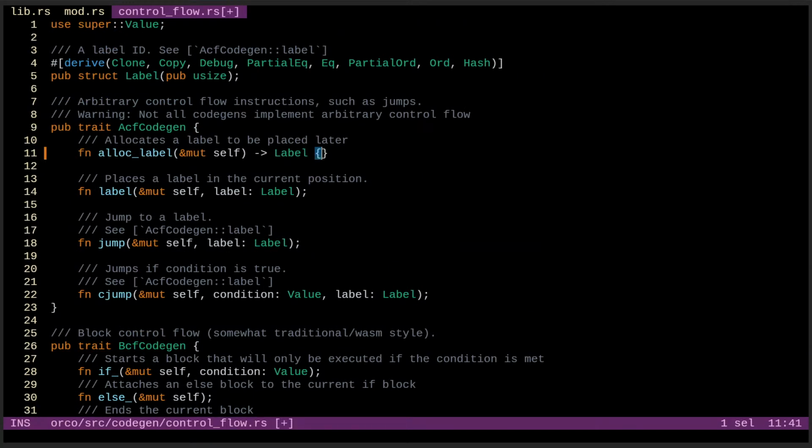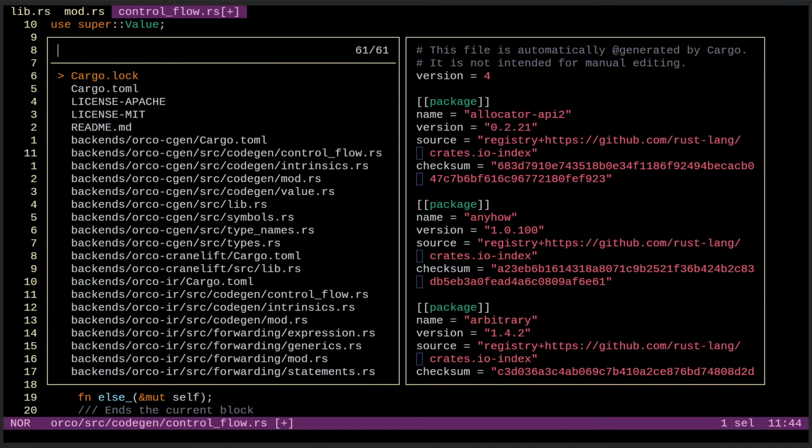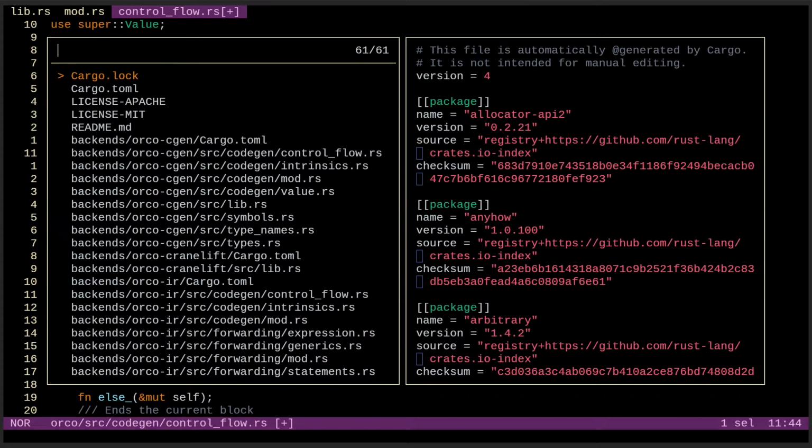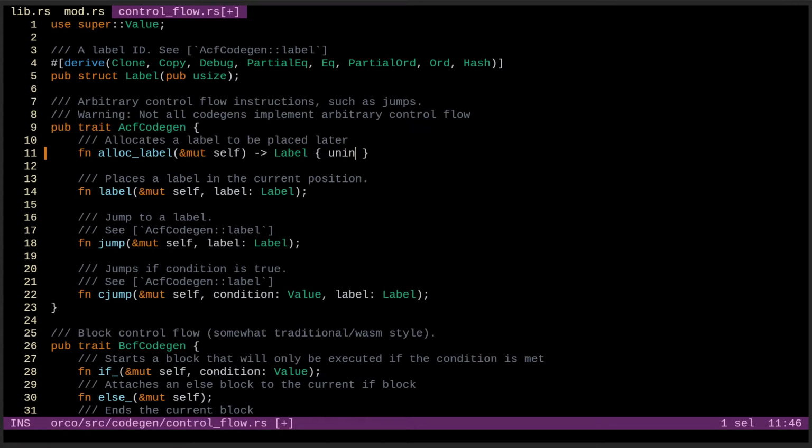Unfortunately. What unsupported? Or is it just panic? Oh, it's unimplemented, right? Unimplemented. ACF code is not supported by this backend.